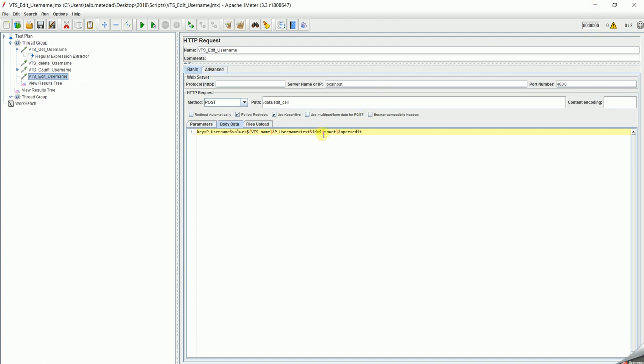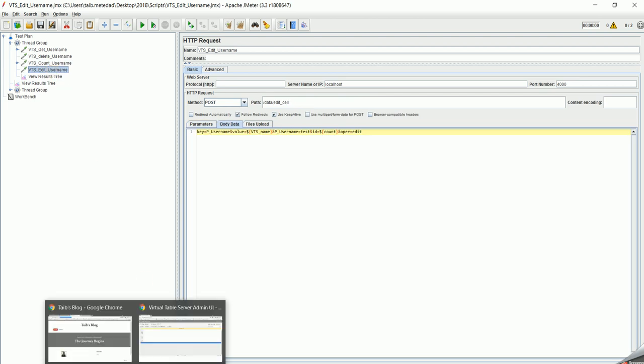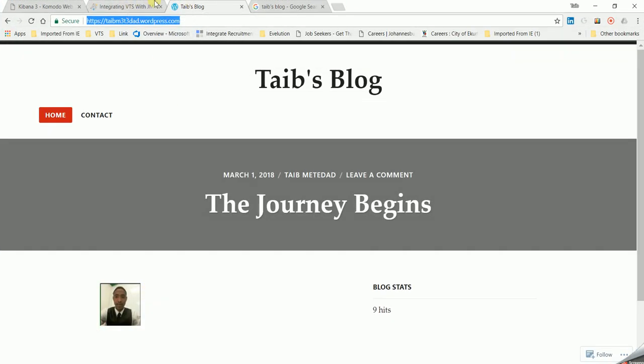Okay, just to cap everything I've mentioned: we can integrate JMeter with VTS, and we have our own way where we get, delete, count, and edit. Obviously, there are better ways. I have done some research, as you can see in